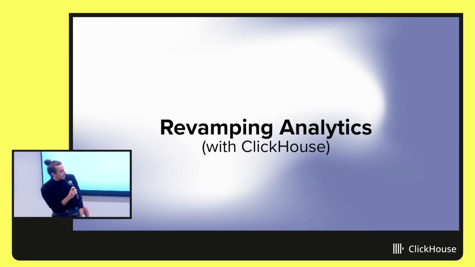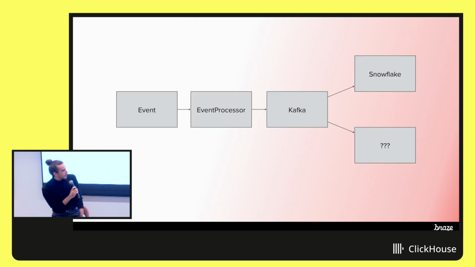After evaluating a few things, we ended up going with ClickHouse. I'll talk about that in a second, but this reflects the desired data pipeline. If you remember the graph before, there were two splits from event processor, one going to MongoDB, one going to Snowflake. We want everything sourcing from Kafka. So as long as the Kafka system is stable and up and we have proper observability, and we know that it's working broadly, then we can assume that data integrity across Snowflake and the other system will be good. There will be 100% data parity. A lot of our problems go away.